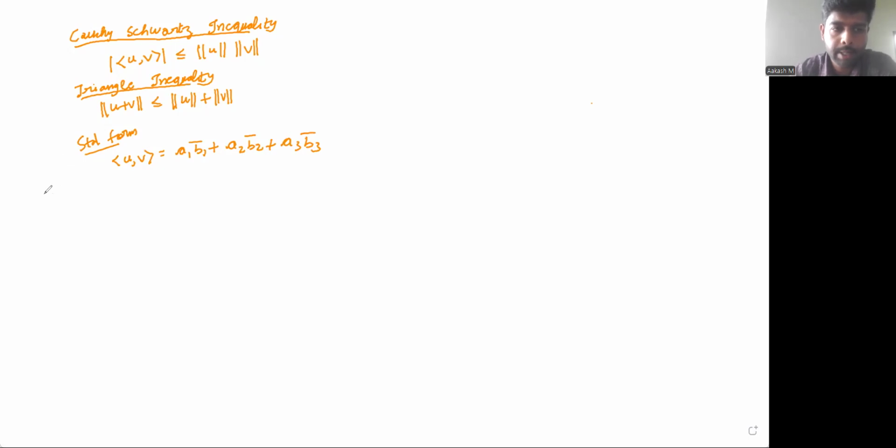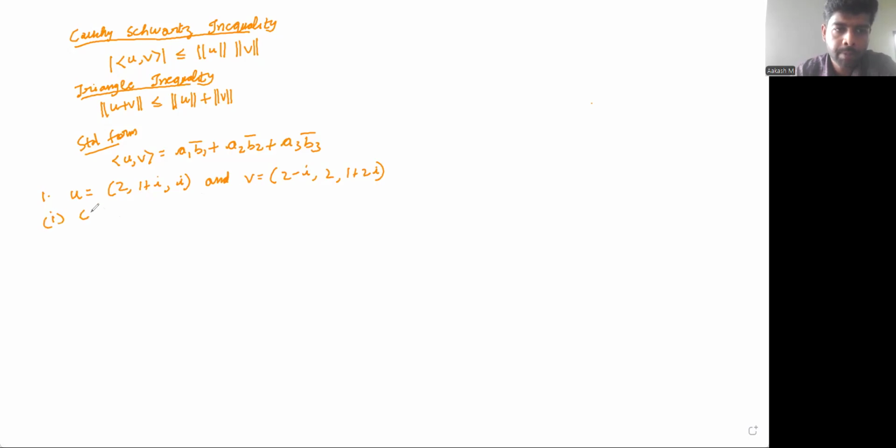Okay, we can see one sum using these inequalities. The question is: u is equal to 2 comma 1 plus I comma I and v is equal to 2 minus I, 2, 1 plus 2I. Check both Cauchy-Schwarz inequality and triangle inequality. In last class, we discussed the real number case, but here the complex number exists in this one. So we can proceed with the first one,